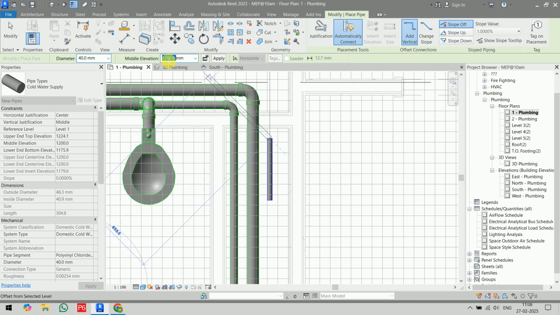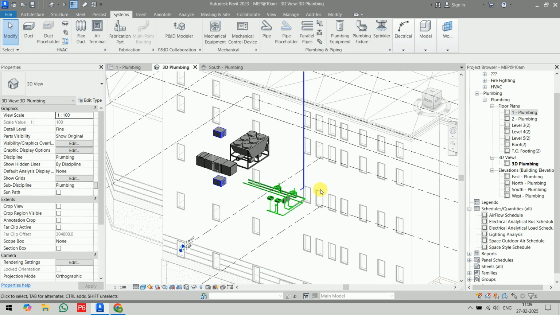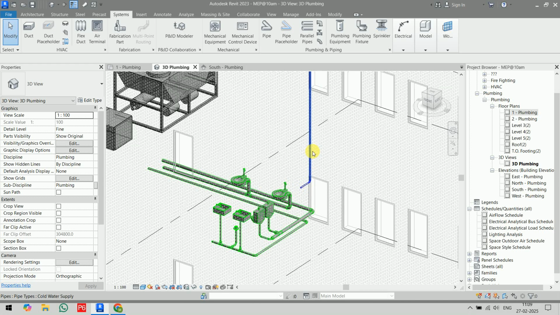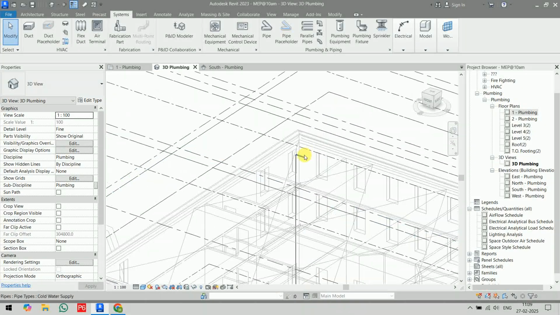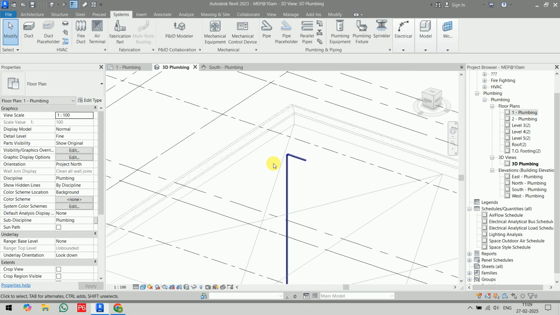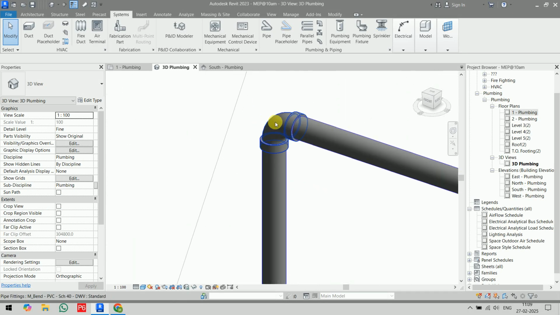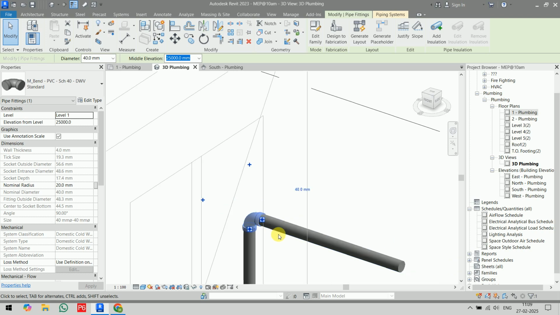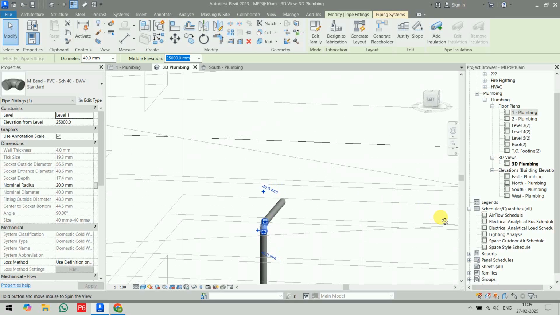After this we rise to 25,000 and we will move the direction of this to this one. We have created the pipe, you can check. Okay. This to this and this is at the top. Now go to 3D, select this one. If you want you can add points also,